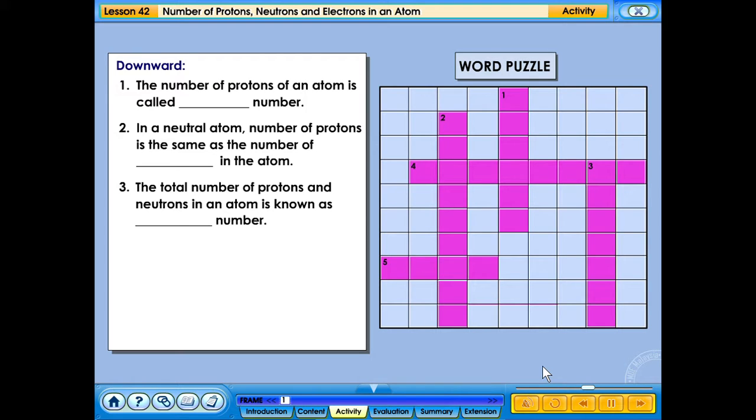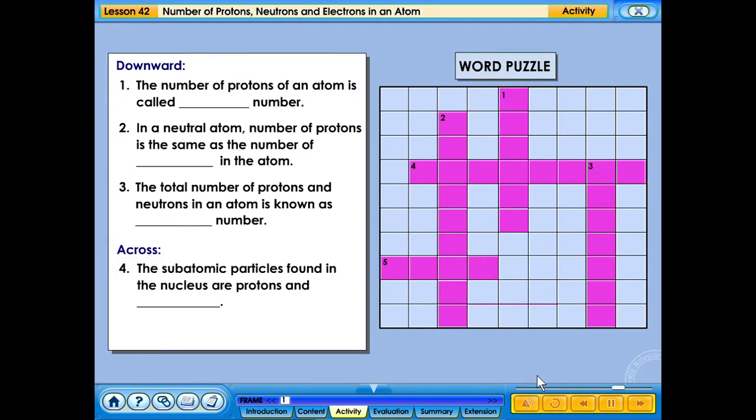The total number of protons and neutrons in an atom is known as number. Across. 4. The subatomic particles found in the nucleus are protons and